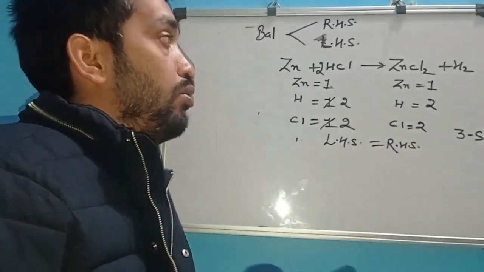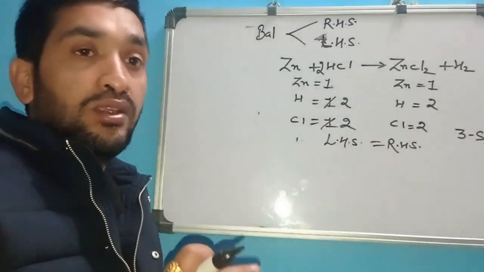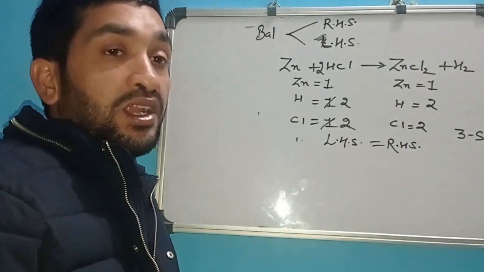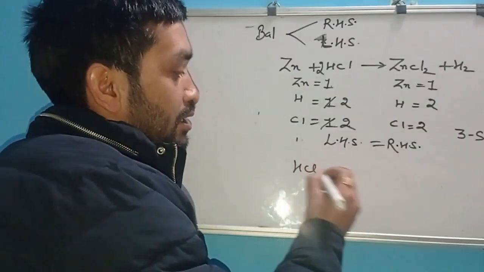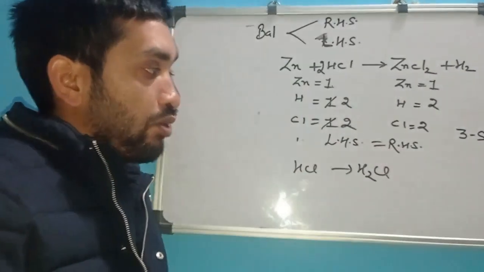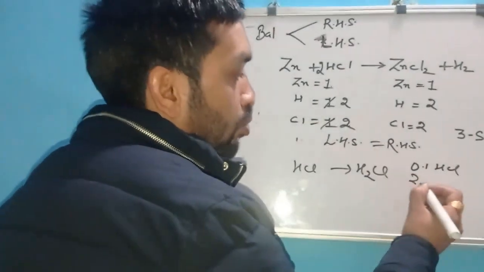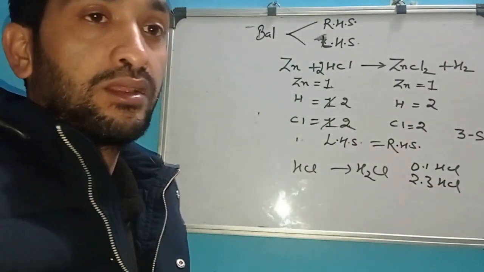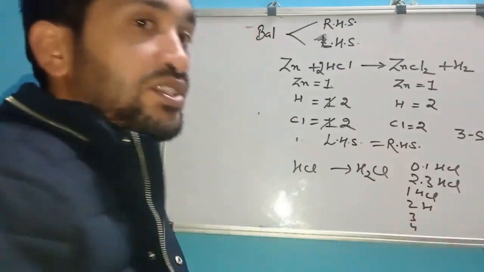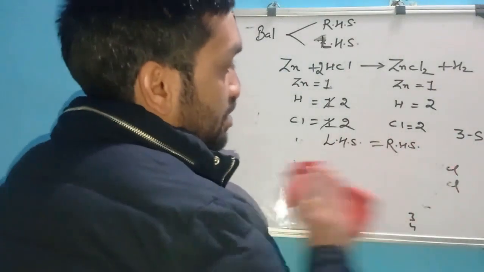But remember, do not make the mistakes that I have told you. You cannot add 2 in between. You can make one compound 2, 3, or 4. No issues with that, but you cannot make it a decimal. If you are writing HCl as H2Cl, then you are adding some decimals there. You cannot have 0.1 HCl, you cannot have 2.3 HCl. It will be either 1 HCl or 2 HCl, 3 HCl, 4 HCl,